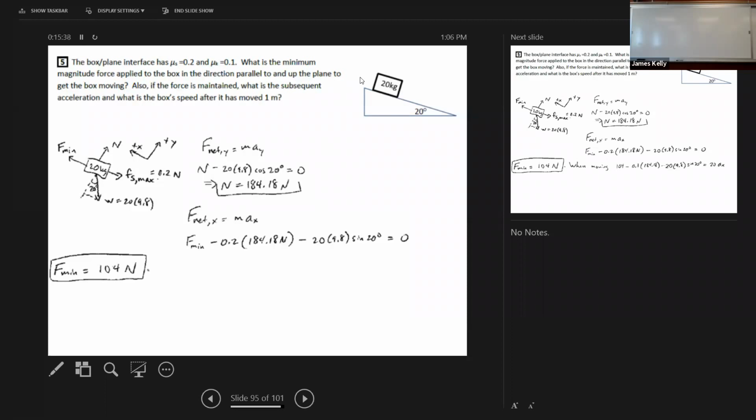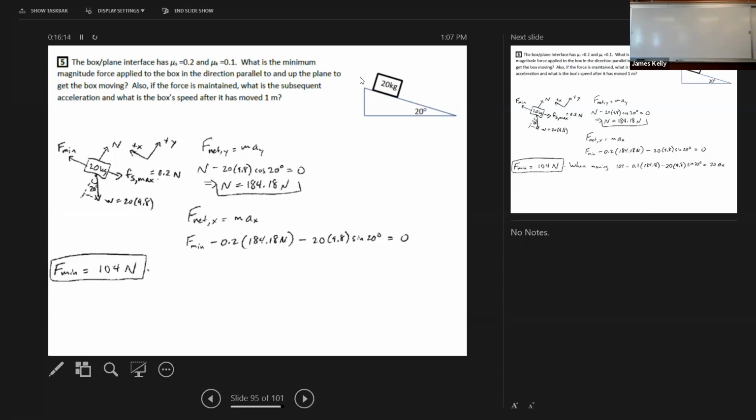And in fact, here's the add-on question I've put here, with the also up there, the last sentence. If that force is maintained, if we keep pushing with 104 newtons, and it's hard to not do that, right? If you're just slowly increasing your force and it starts to slip, you tend to, at least until your body decompresses, keep pushing with that same force. So all of a sudden, it's not going to start moving with constant velocity. It's actually going to start accelerating. We'll see why. So if we maintain that force of 104 newtons, once it started slipping, then we're not talking